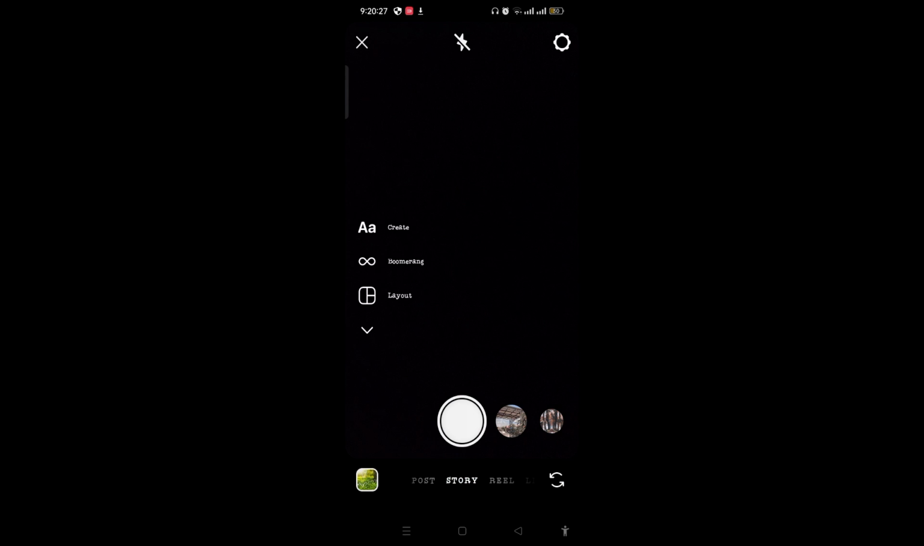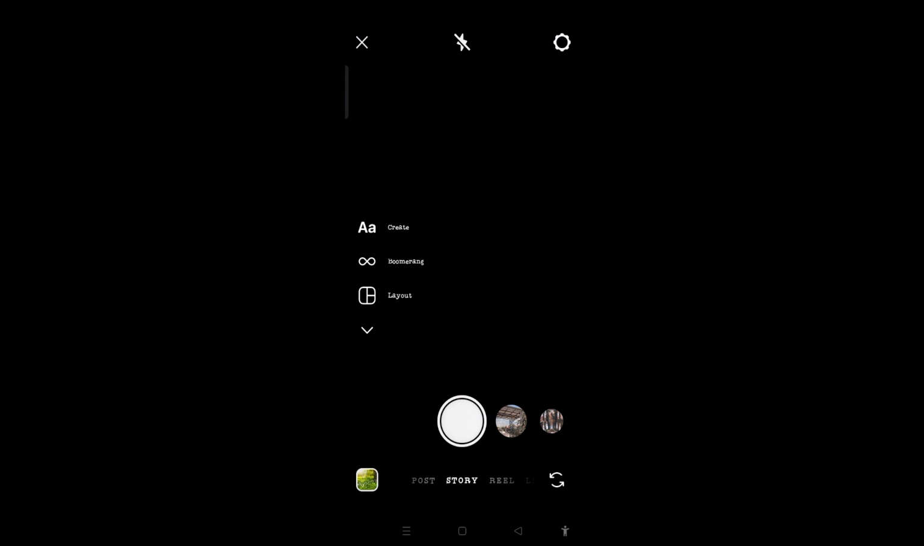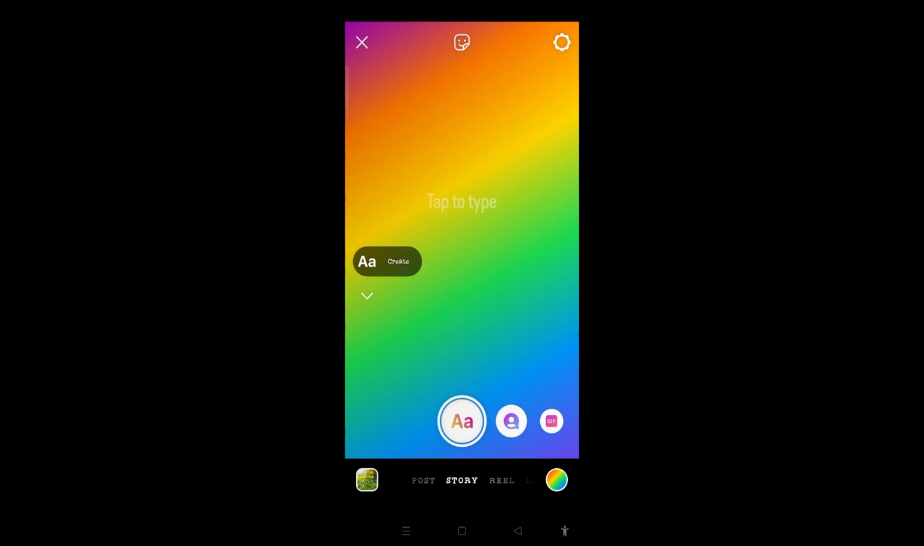Just tap into it. Once you tap into it, you can see the create option. Just tap into it and you'll be guided to this page. Here you can select the multiple colors you'd like to. You can see on the bottom right of the screen. Then you can choose colors you'd like to, and on the top middle of the screen you can see the